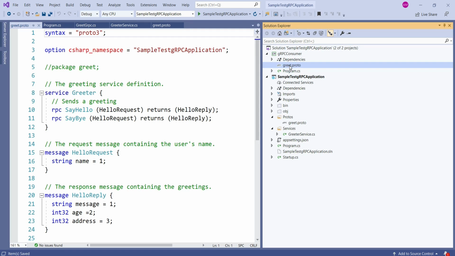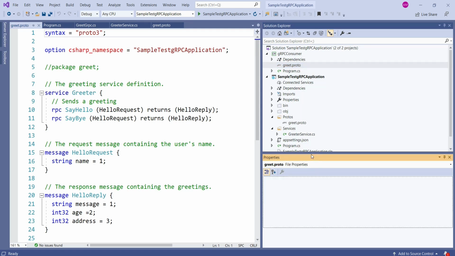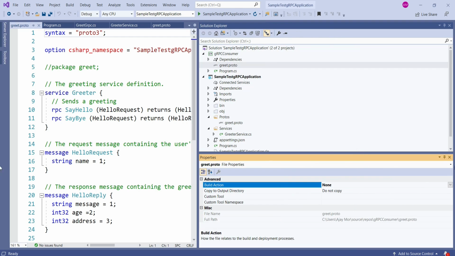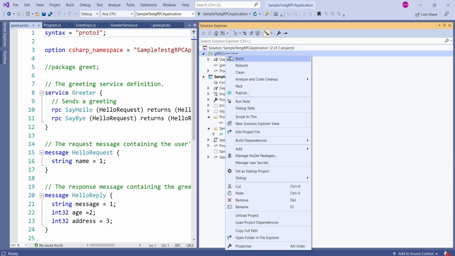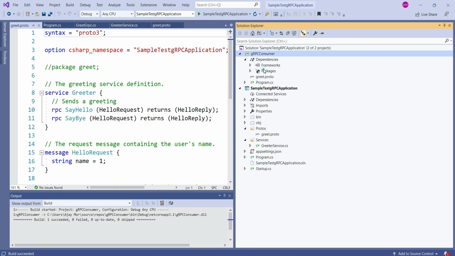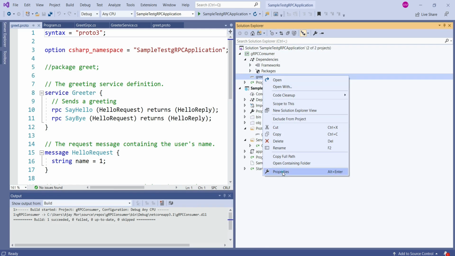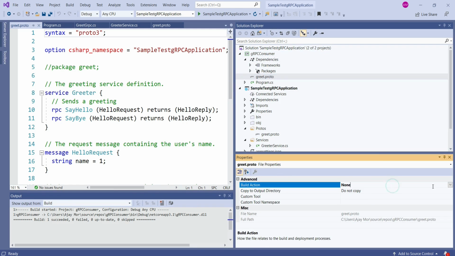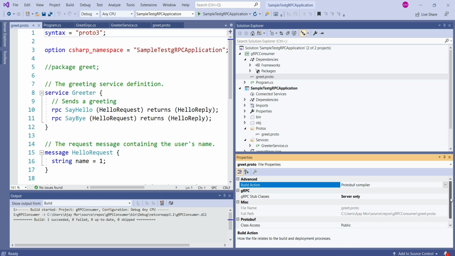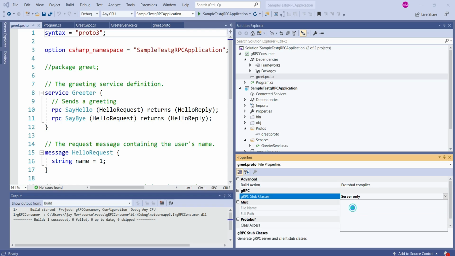Now when we right click on this file, properties, and here is the build action. Let's build this file as Protobuf compiler, and we want to create a stub for client only. Okay, now